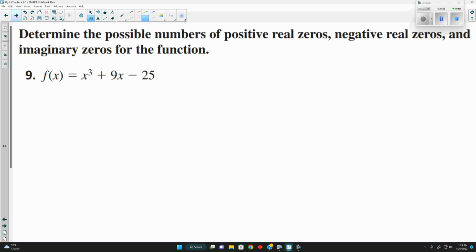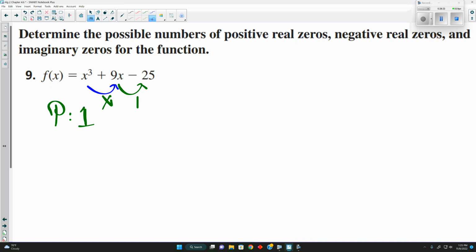Now what's interesting is we don't have to add the zeros back in. Because here we're missing an x squared, yes? Because what we can do is just count here for the positives. So from x cubed to x, does it change? No. From x to 25, does it change? So the number of possible positive solutions is